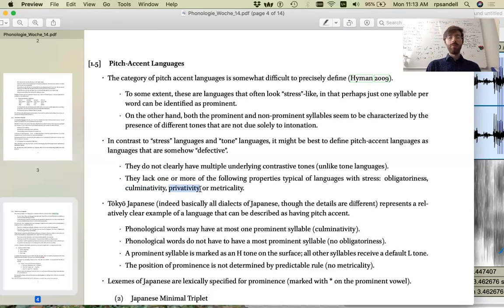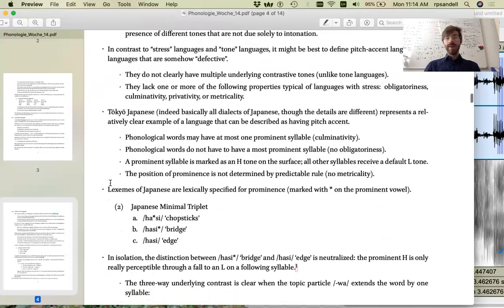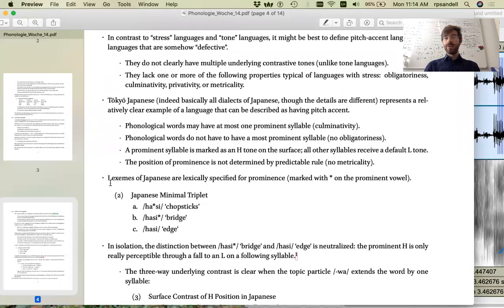Or they lack privativity, that is, there is not a clear contrast between just prominent and non-prominent elements, or metricality, that is the use of grouping of syllables into units in order to determine where the prominence should be placed. Tokyo Japanese, and indeed basically all dialects of Japanese, seems to represent a relatively clear example of a language that has pitch accent. In this language, phonological words have at most one most prominent syllable, but they do not have